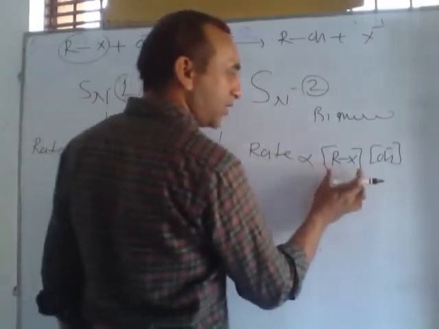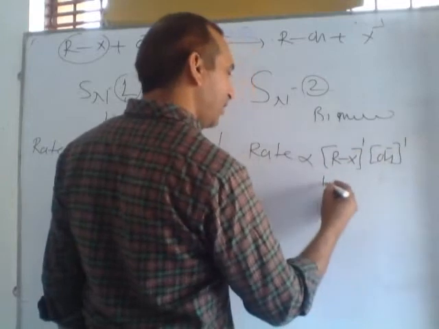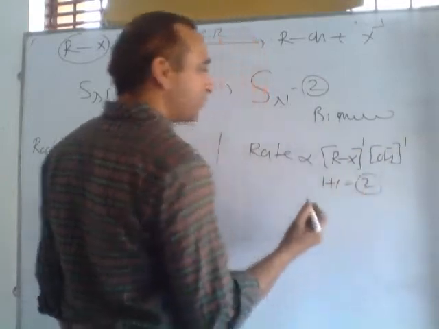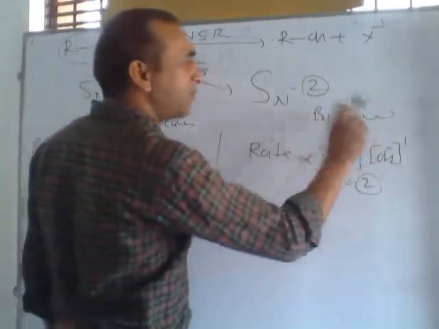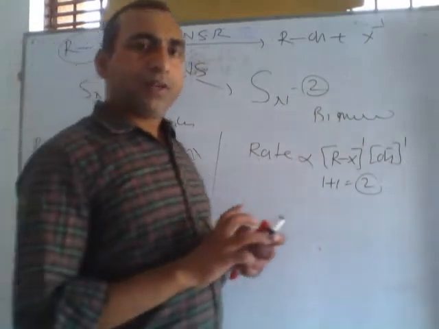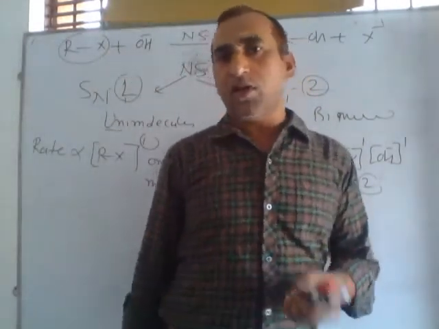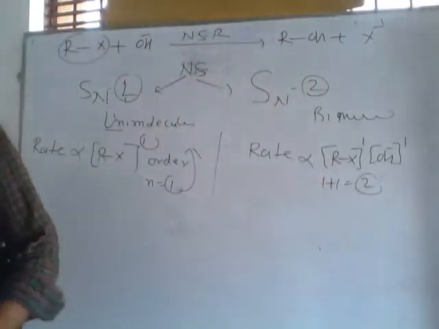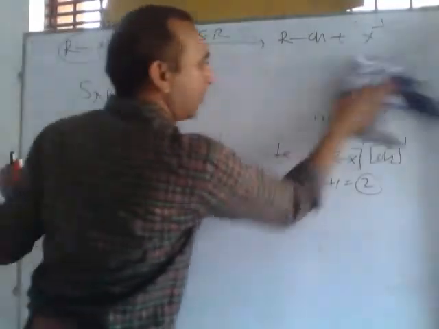So this one is represented as unimolecular. But in this case, there are two species. Here order 1, here order 1. 1 plus 1 is 2. So the order of such reactions is 2. So this is called a bimolecular reaction. So how can we identify whether a reaction is unimolecular or bimolecular, whether the order obtained is 1 or 2? How can we guess? Observe. Listen. I am giving a very simple trick to remember.